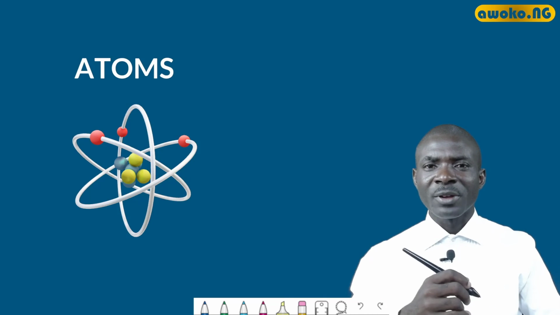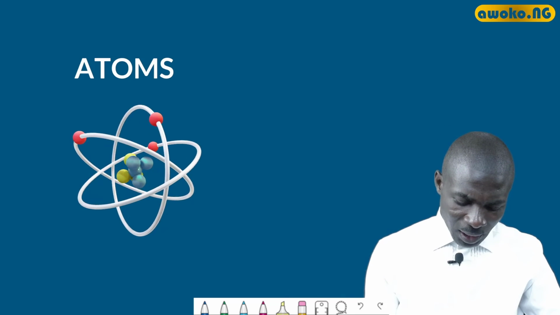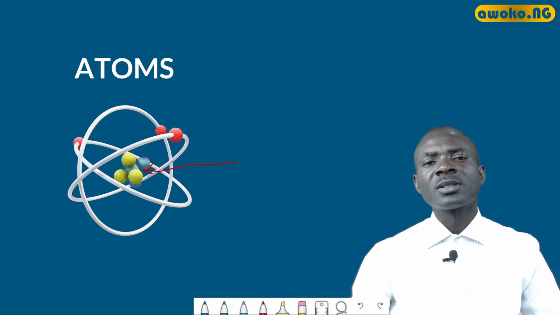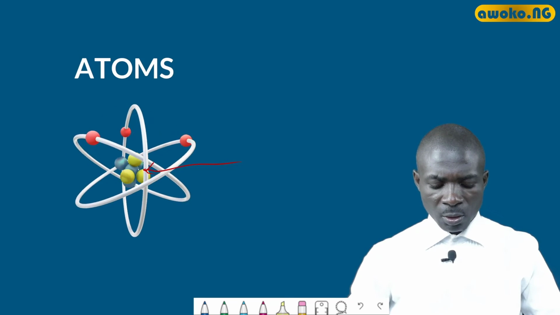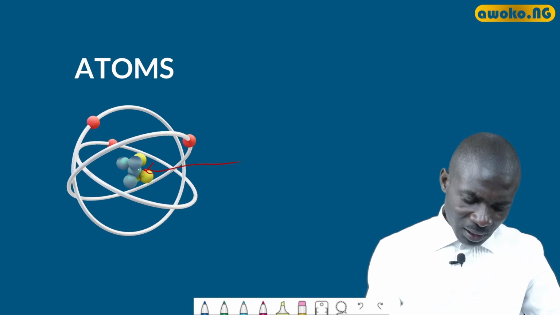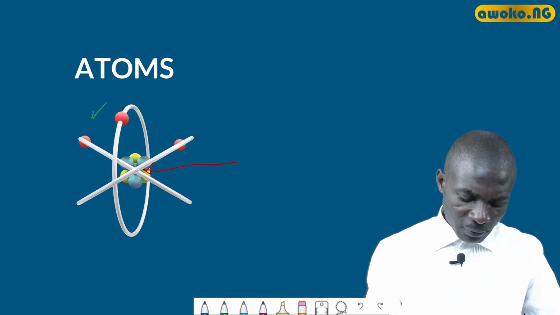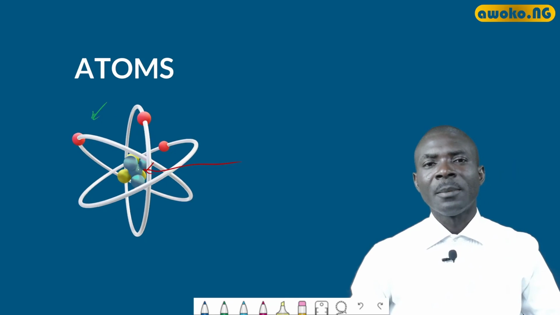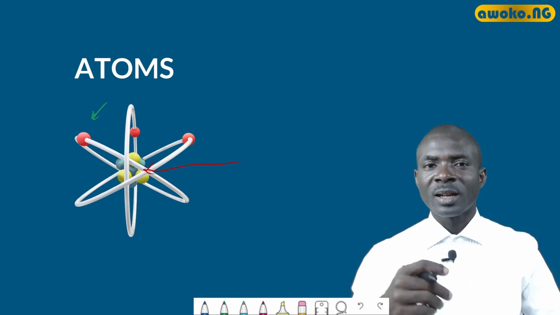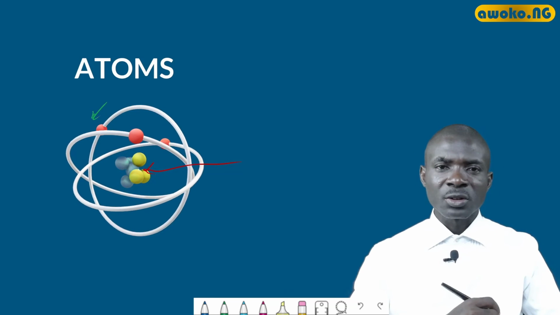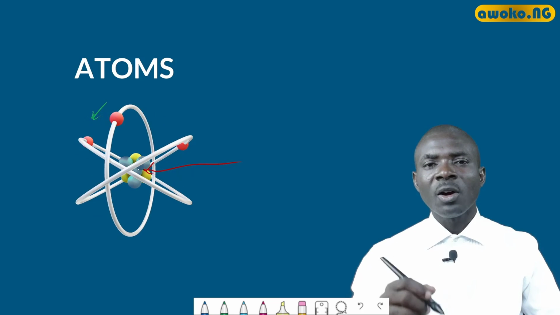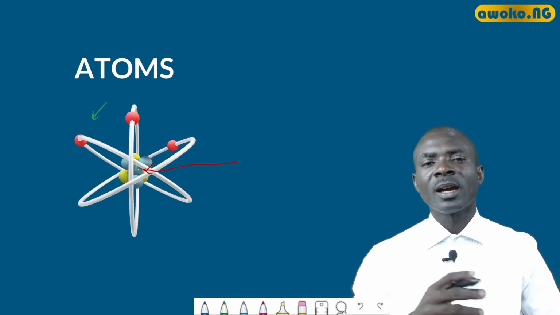Let's take a look at the picture we have here of the atom. So here we have the nucleus of the atom consisting of protons and neutrons, while the electrons are revolving round in an orbital manner. As we said earlier, in any atom there are equal numbers of protons and electrons. So if I have 3 electrons, for example, revolving around the orbit, I should also have the same number of protons in the nucleus of the atom.